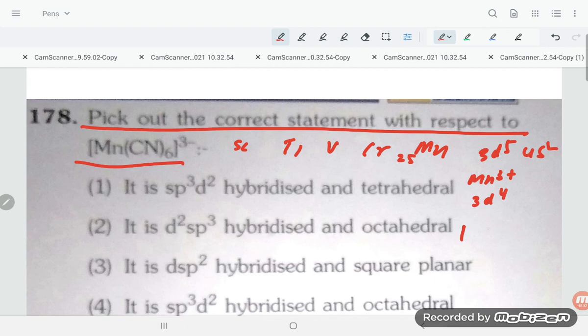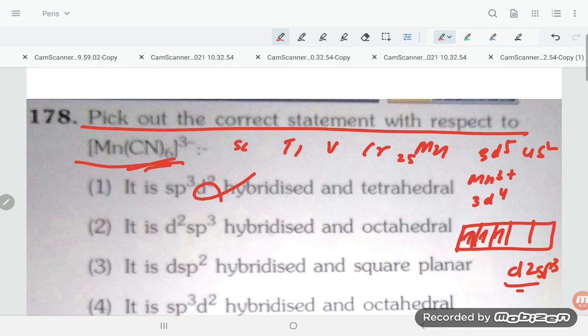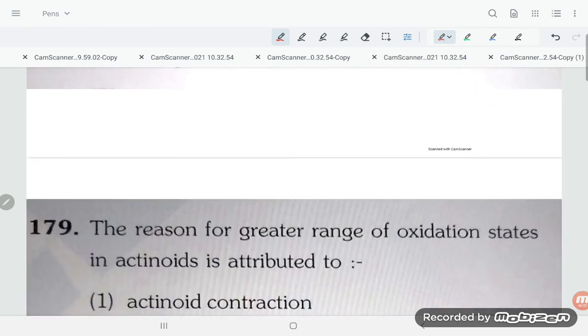Okay, so pairing will not be that much. Here we see 1, 2, 3, 4. So 1, 2, and here will be pairing 3, 4, and there will be 3 more. So it is d2 and 3, how many? 6 are there, so 2 d orbitals are involved, that is sp3. d2sp3 will be the hybridization. So sp3d2 is wrong, this is d2sp3. The correct option is option number 2, students.